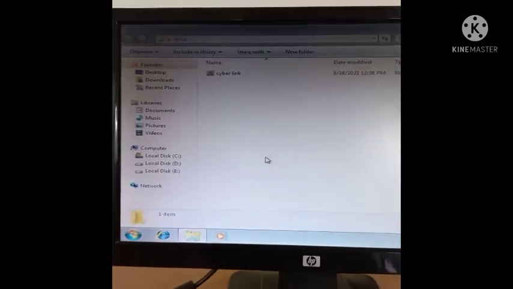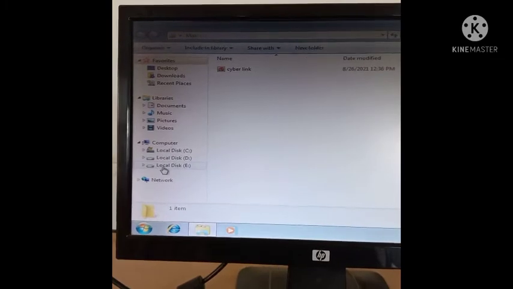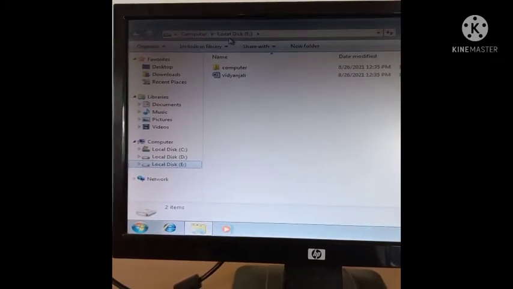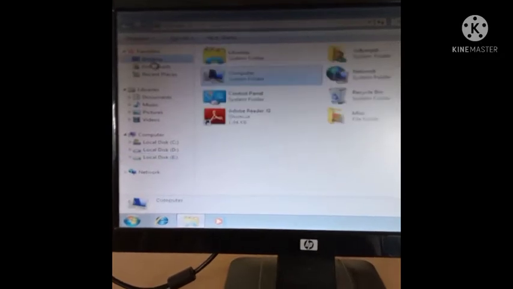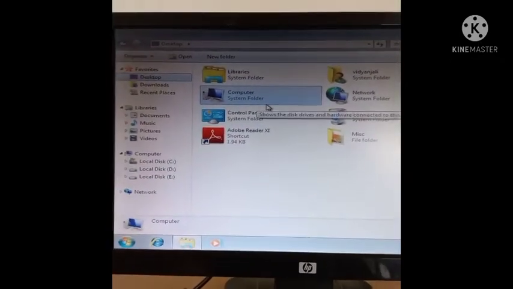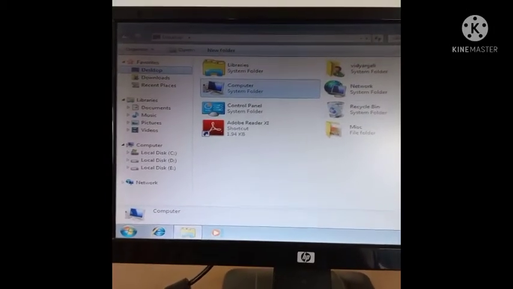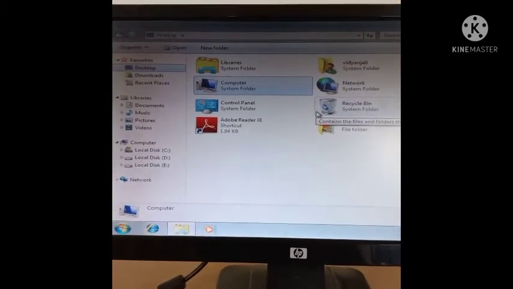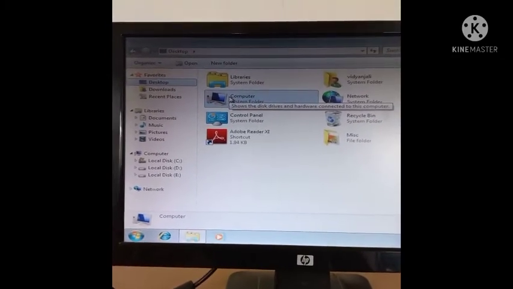Now we have just moved the file from the E drive to the MISC folder. Now the third point, select one Word file from your desktop and move it to the D drive.